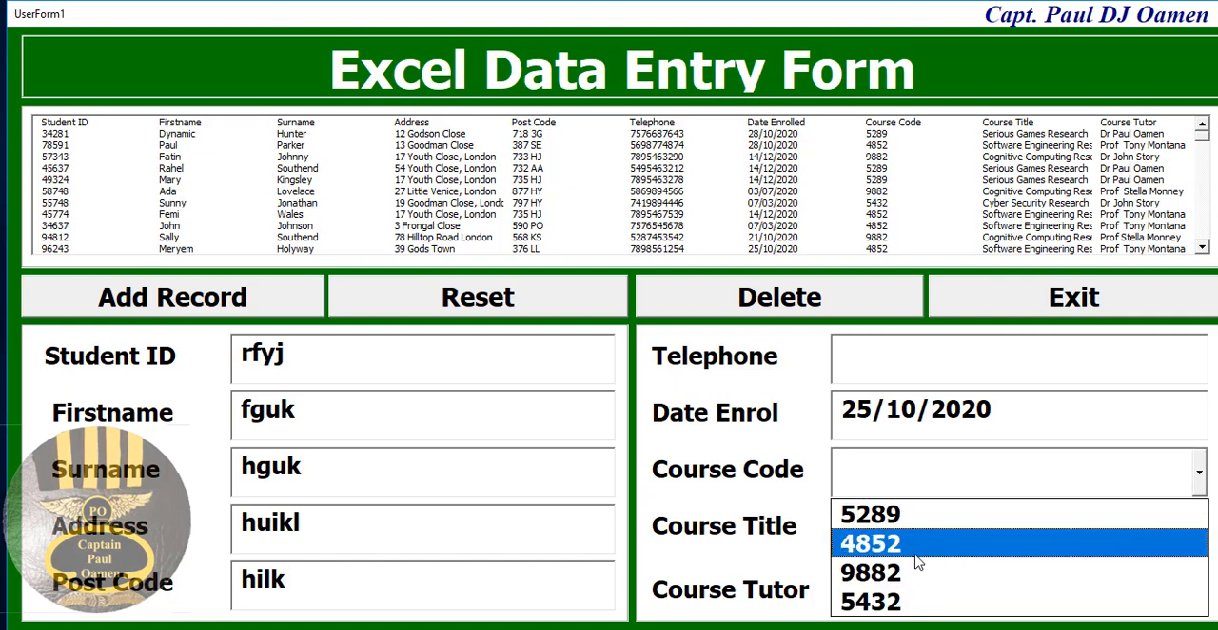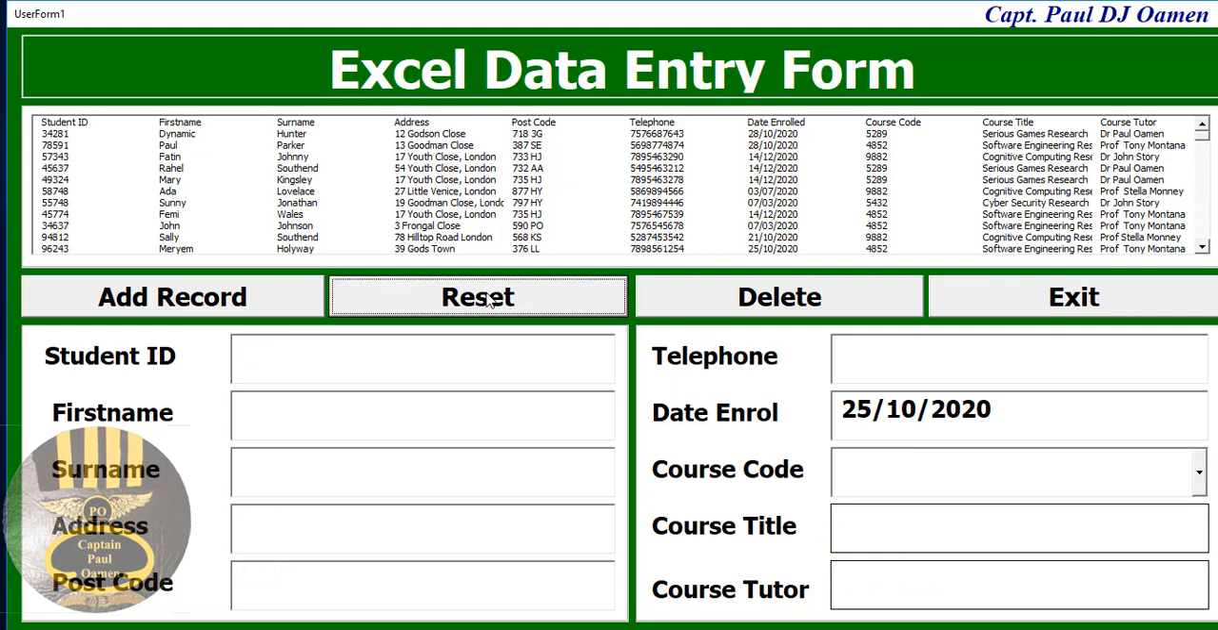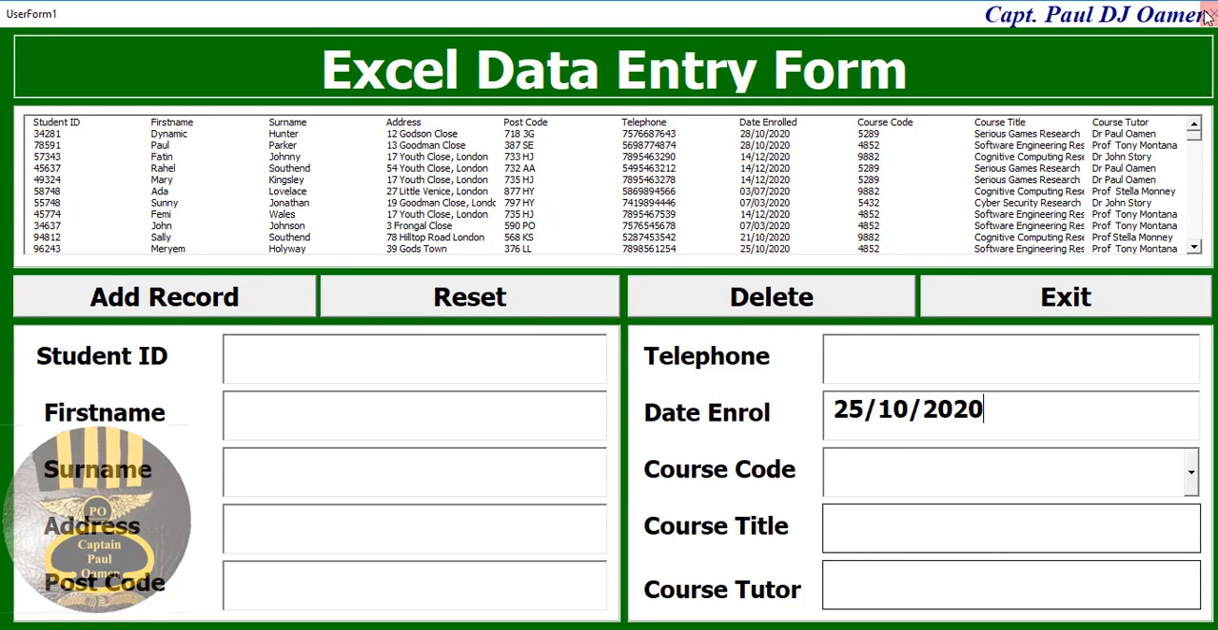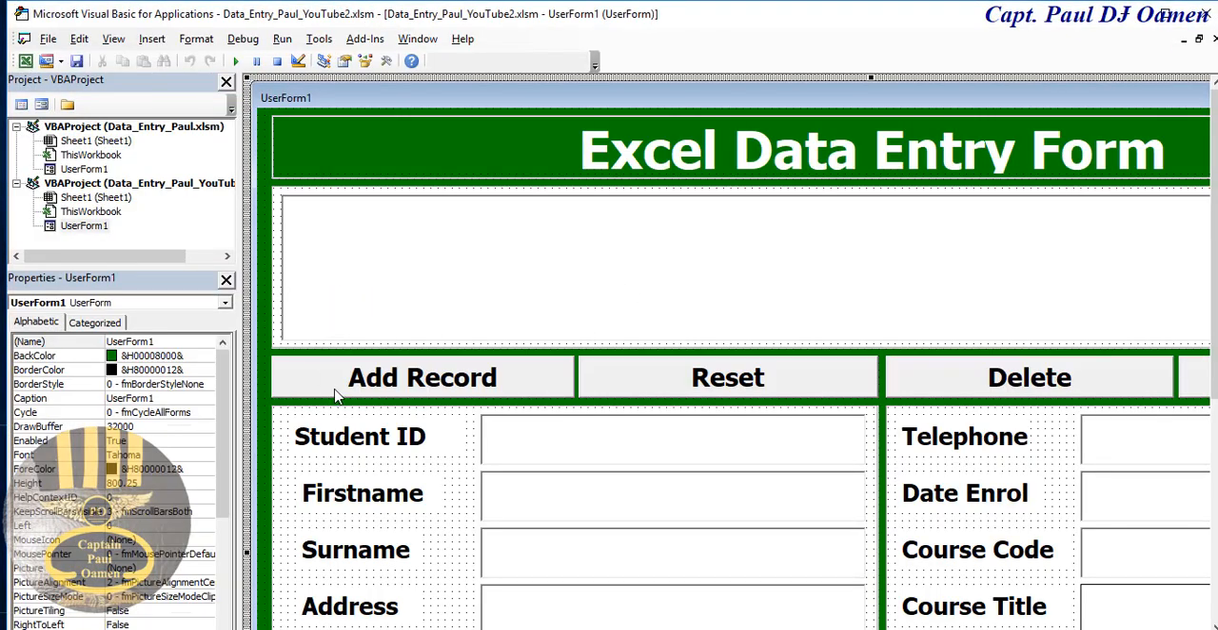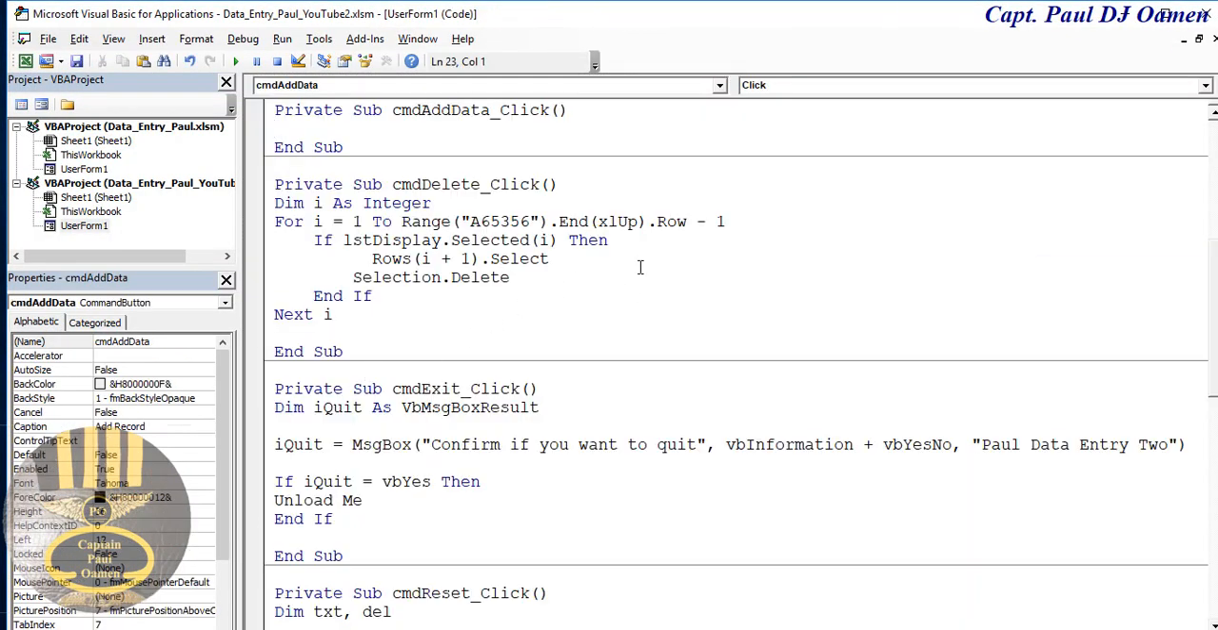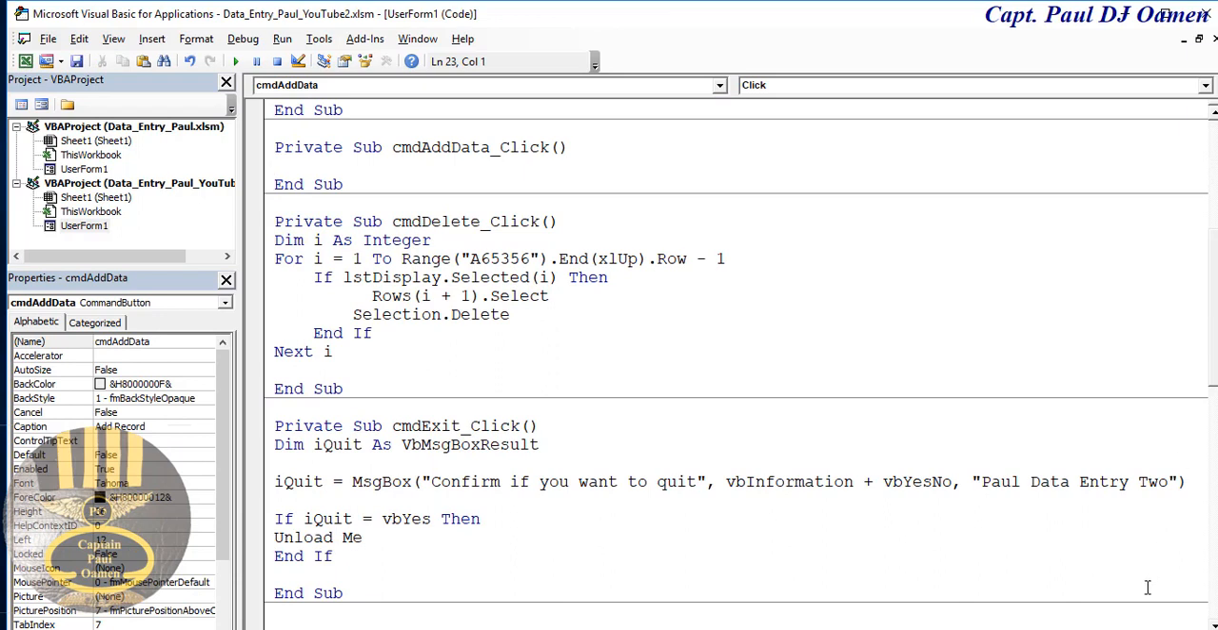Okay, we select here, reset. There we go, that's fine. The date will always come back, so that's good. Exit out, and let's take care of add records there. Okay, for my add record, the first thing I'm going to do is I'm going to declare